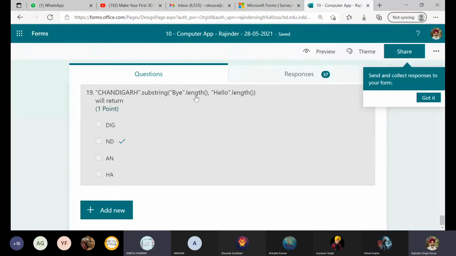Okay, so by dot length function. What is the length of by? 3. The length of Violet? 5. It becomes 3 comma 5. Don't you think it is going to give me characters number 3 and 4 only? Why? Because it starts from 3, ends before 5. This is what we decided on substring. So it starts from 3 and ends before 5, so that means it will give me character number 3 and 4. What is character number 3? 0, 1, 2 and 3. 3 is N and 4 is D. This is what it is returning. N and D. ND. Right? Yes, sir. Okay.